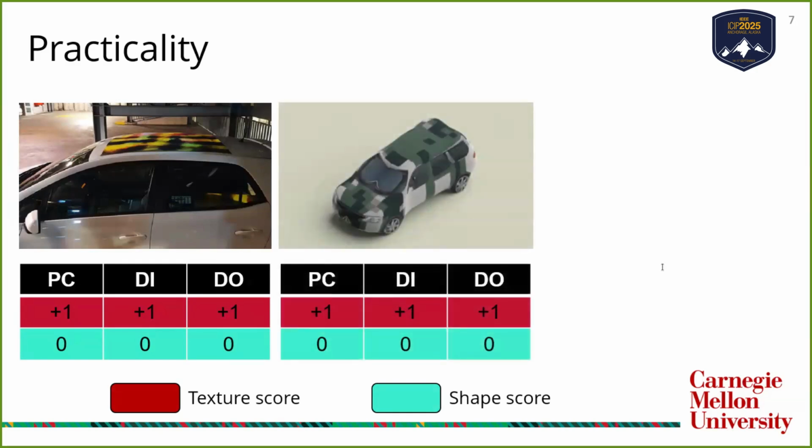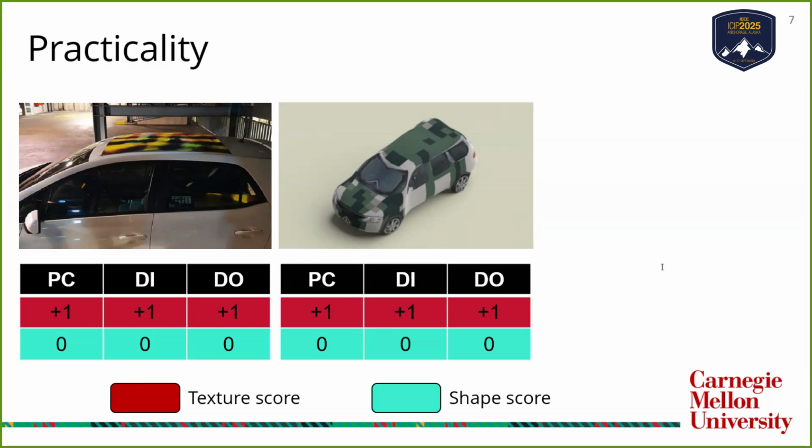Next is a texture-only camouflage from our method using pixelization, color limits, and masking. It earns +1 for cost and installation. Square color stickers are cheap and easy to apply, especially with a 3D vehicle view. Masking avoids critical areas like windows and lights, so we assign +1 for operation.